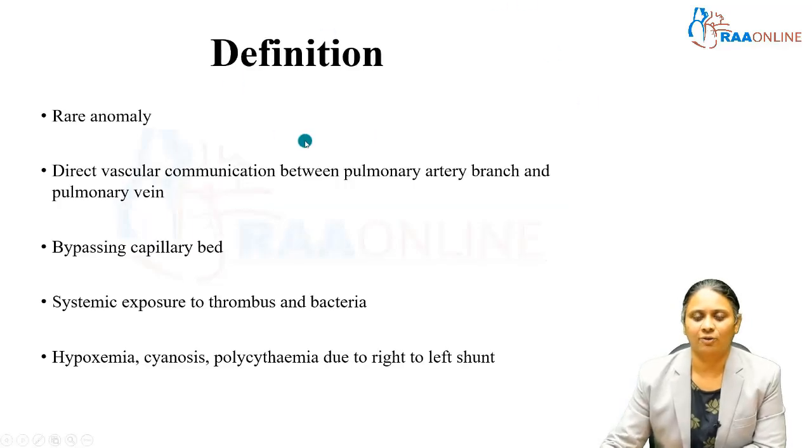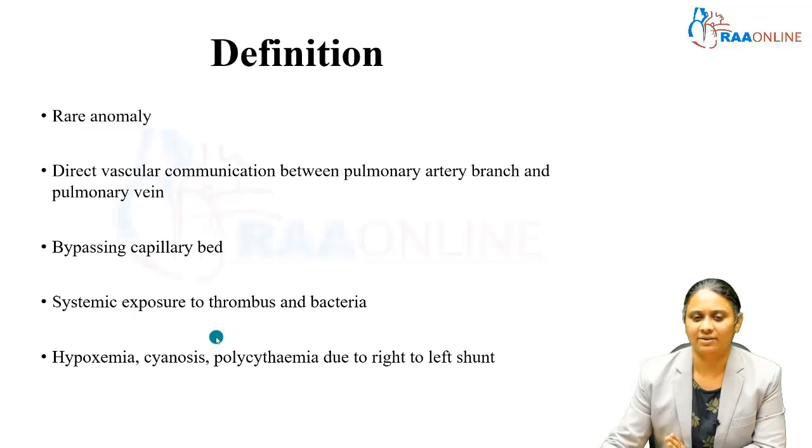The definition of pulmonary AV fistula: it is a rare anomaly. There can be a direct single or multiple vascular communication between a branch of pulmonary artery and the pulmonary vein. So this bypasses the capillary plexus, which is the usual filter for thrombus and bacteria. So this filter is being bypassed, resulting in systemic exposure to thrombus, resulting in paradoxical thrombosis from a right-sided source, for